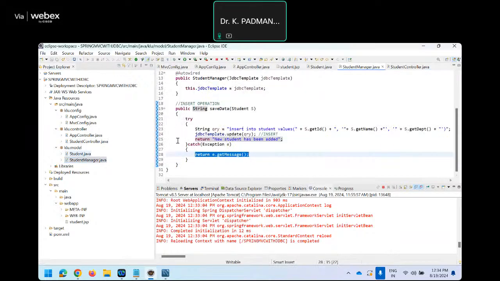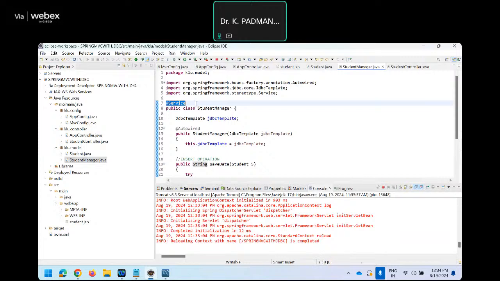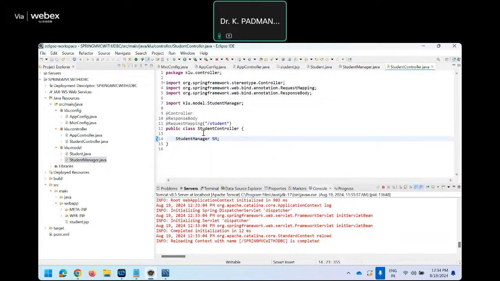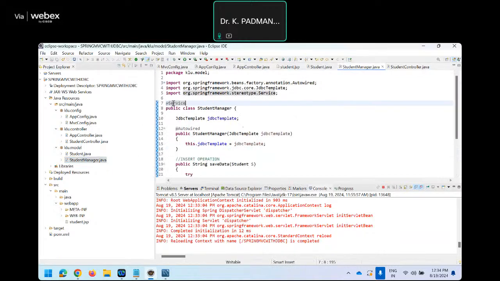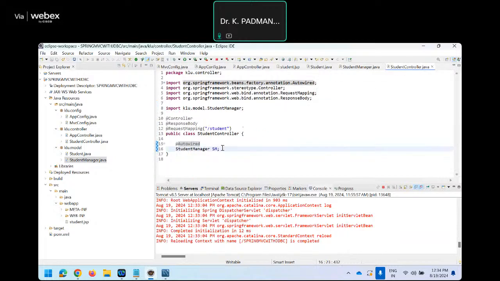Why? Because StudentManager is annotated with the annotation @Service. So autowiring is possible while creating an object for StudentManager. So we can create the object for StudentManager by using the annotation @Autowired. If we forget to add the annotation @Service for StudentManager, we cannot use autowired. We must initialize by using new StudentManager. Since we added @Service to the class StudentManager, we can autowire here. Okay, then